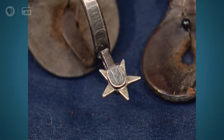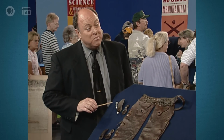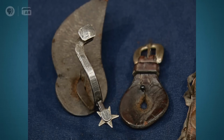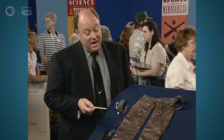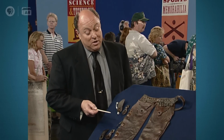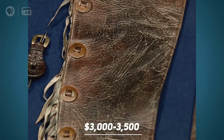The engraving style and the distinctive 5-pointed star roll were Bianchi's hallmarks. The fact that these were a child-sized pair made by a celebrated maker significantly increases their desirability. The estimated value is worth the same. In a recent appraisal, the value of the items increased to a total of $3,000 to